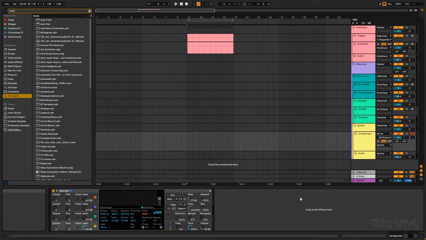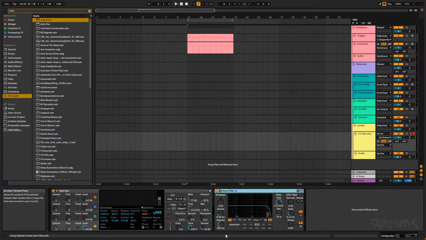So if I get an auto filter and increase the resonance a little bit, the resonance plays a massive part in the tone of this. So obviously with a low pass filter like this, it will take out all of the high frequencies as you desire. The resonance in this, if you have it too low like that, it's a little bit fuzzy, or yeah, it doesn't have much definition to it. But if you increase the resonance a little bit,